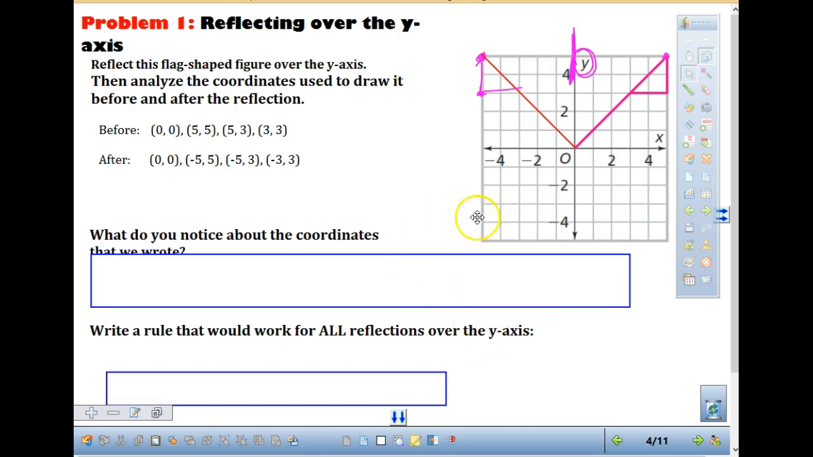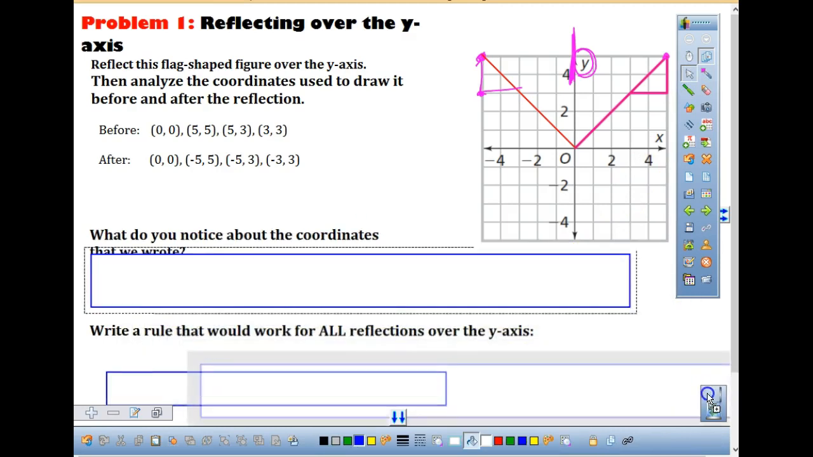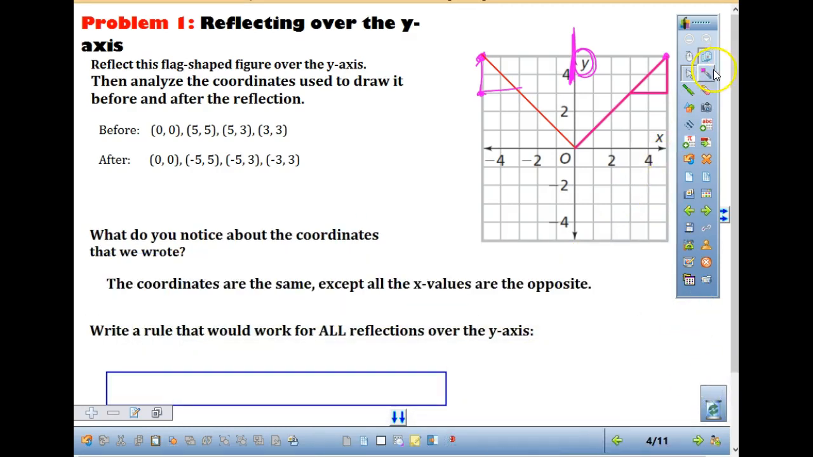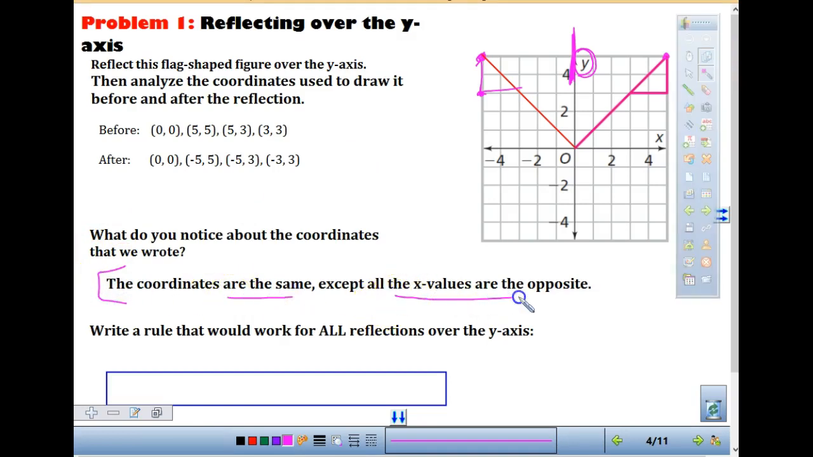They're not the same. What is the same? The last one. The y's are the same. So what do we notice? We notice that the y's stayed the same. What happened to the x's? They became negative. Now, they're not always going to become negative. We're going to think of them as the opposites, but here they did become negative. So if you are looking at this, it says the coordinates are the same, except the x values are the